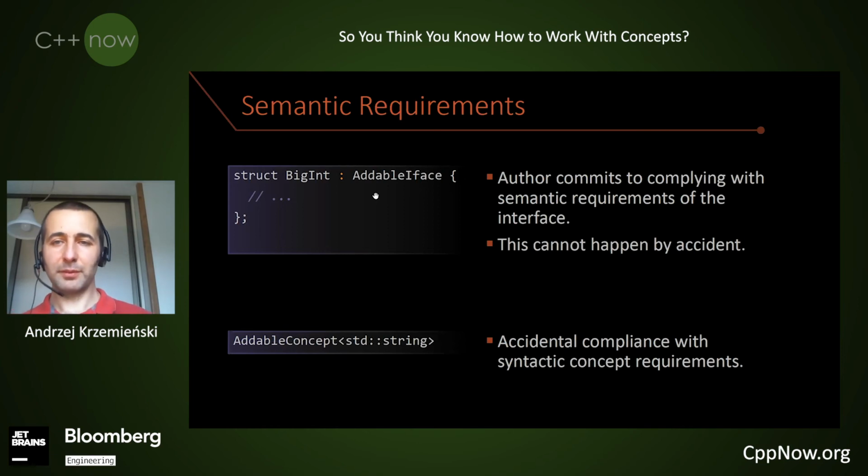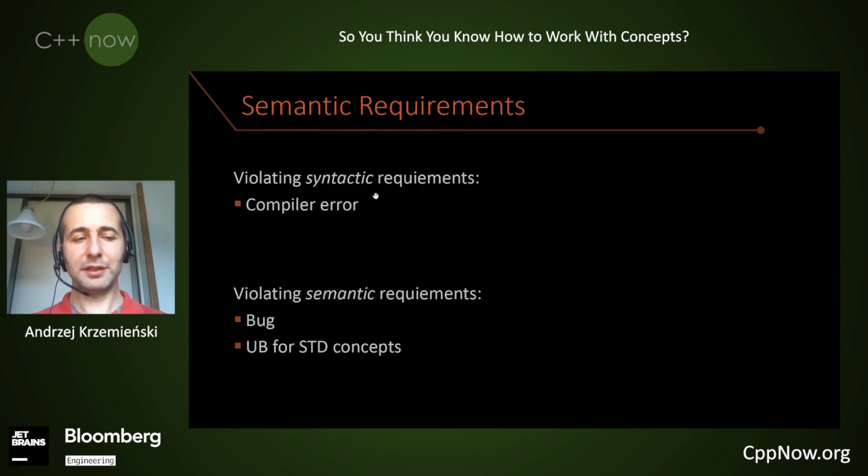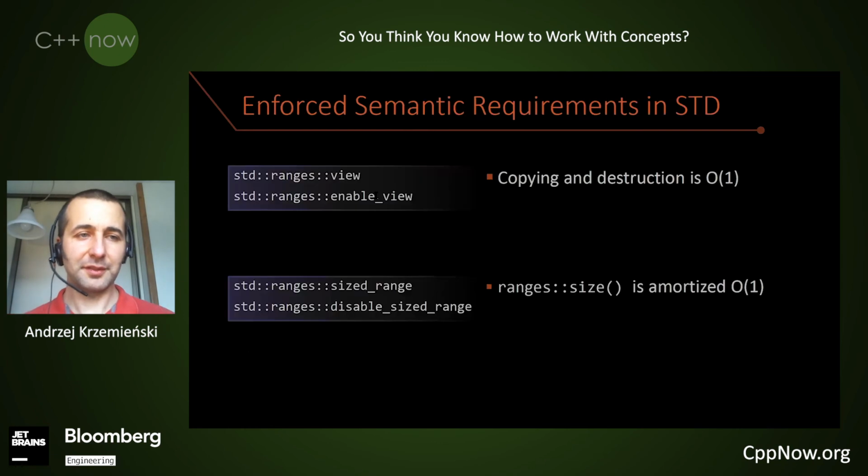This is what we are missing from concepts and generic programming, because generic programming works like duck typing. Only because I have these operations, I'm suddenly categorized as complying with the interface, which obviously doesn't work, because the string might not know that there is concept Addable. Concept Addable may not know that there is something like string. So sooner or later, the disaster will happen. And if we don't detect it, we may get into serious problems.